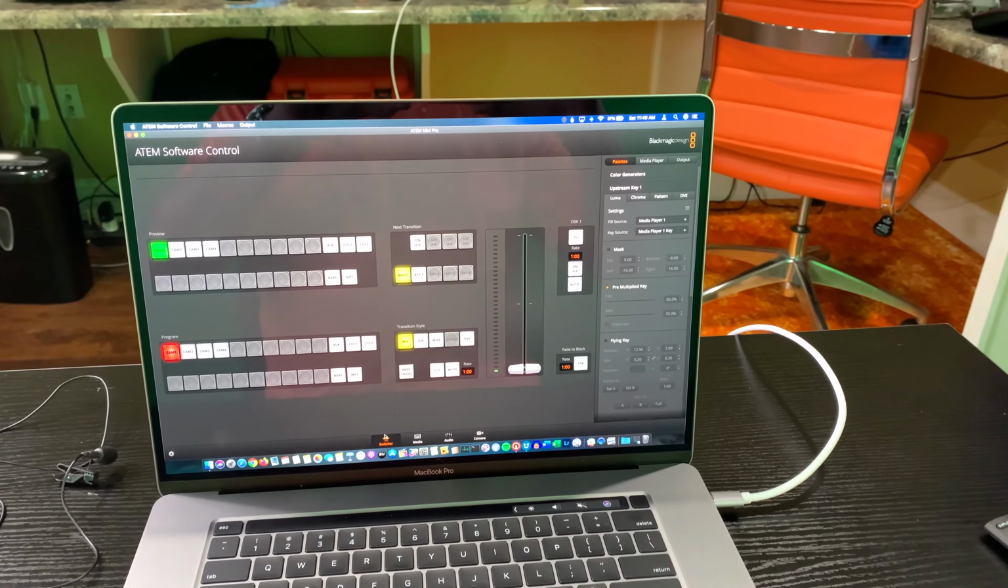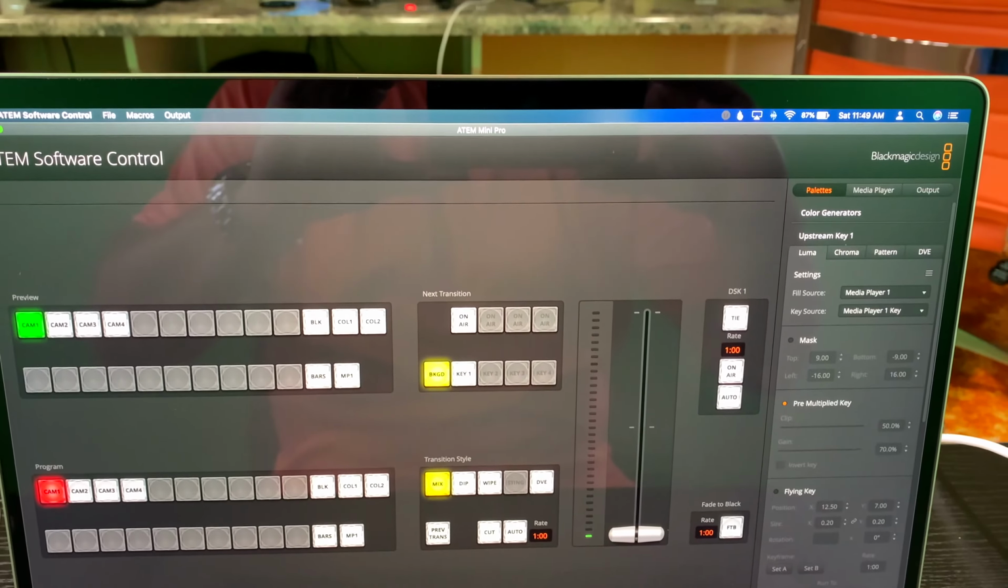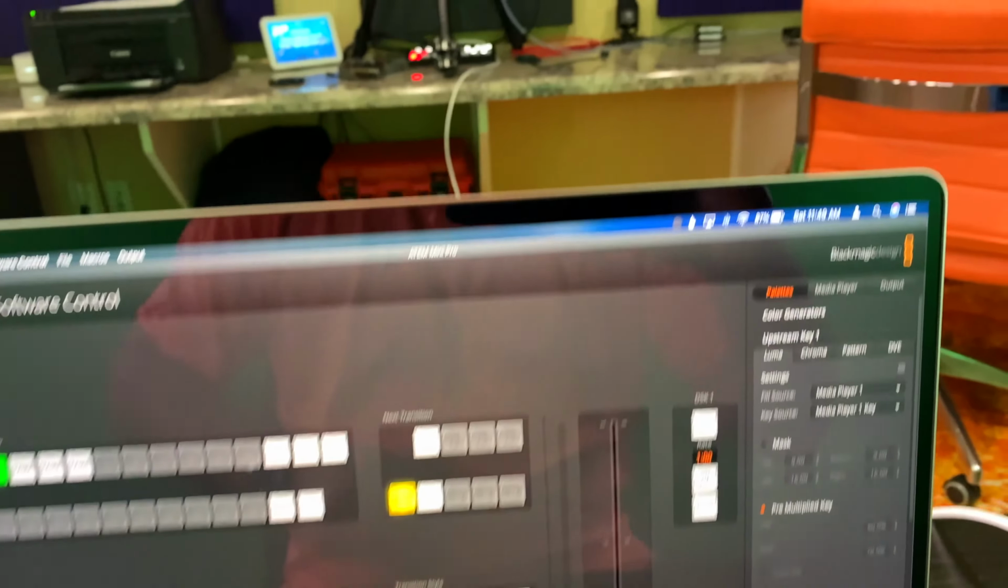Hey y'all, Irix Guy here, and this is how to add a lower third within your Blackmagic ATEM Mini Pro